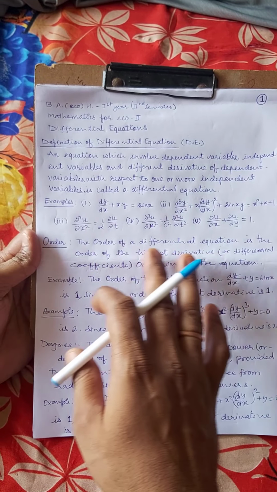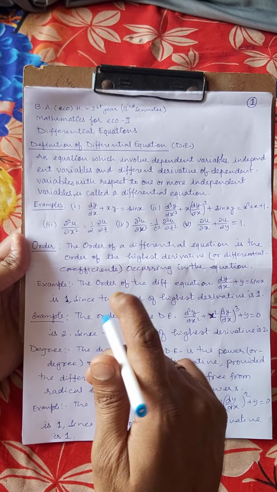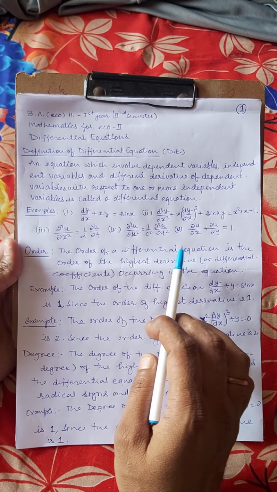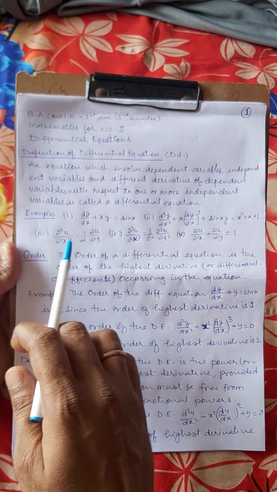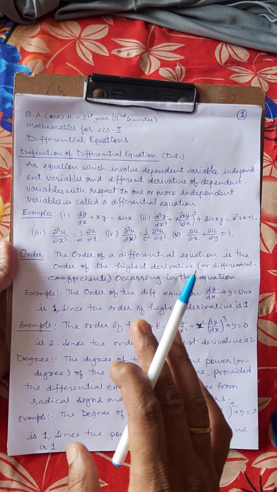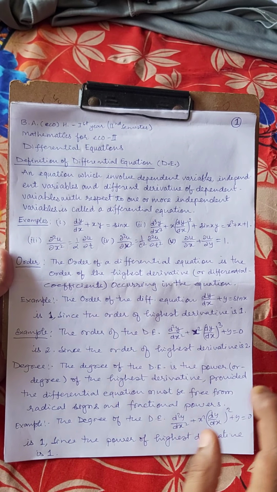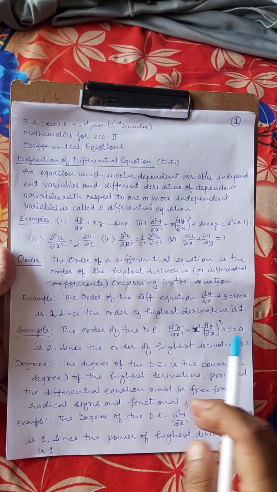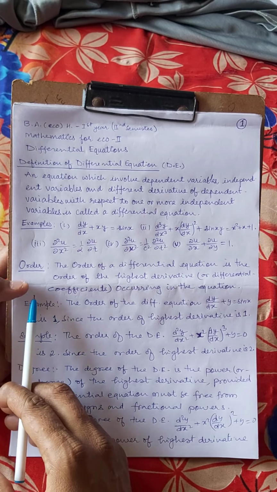Below we give the following examples of the differential equation. Students, here you observe there are mainly two kinds of examples. The first and second are of one category, and examples third, fourth, fifth are another category. That's why from here the observation is that there are mainly two kinds of differential equation, which we discuss further. Now we move to another concept, that is order.